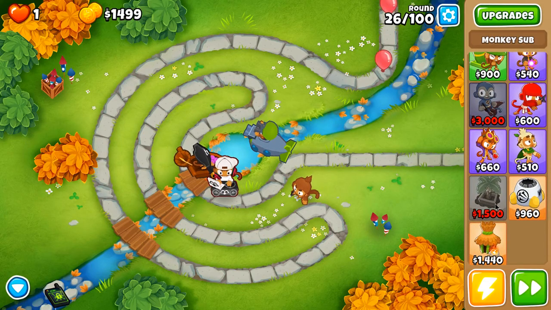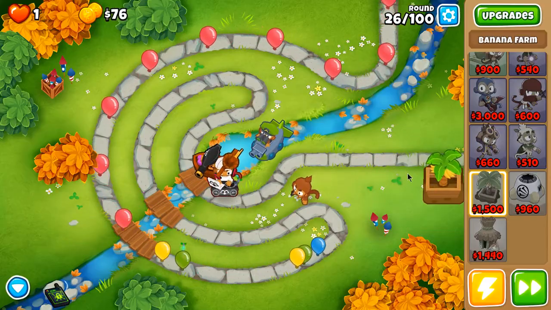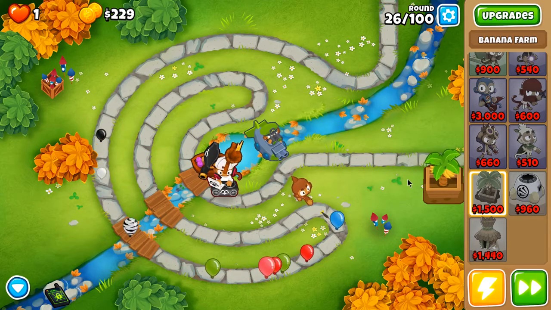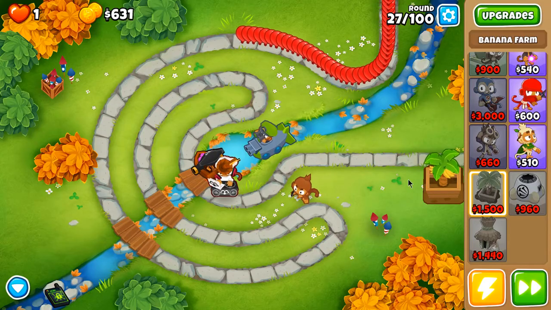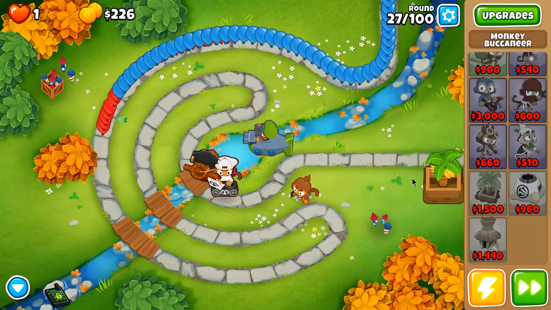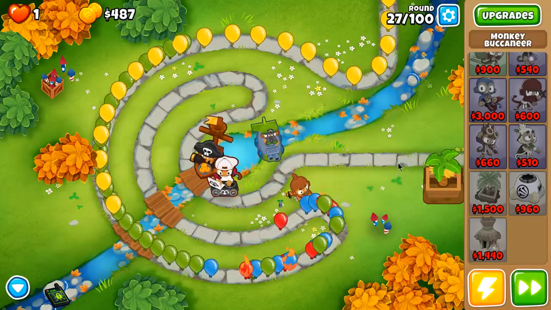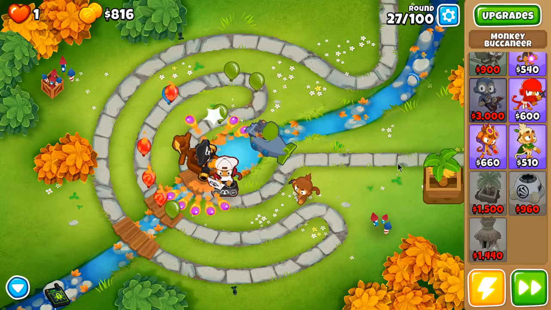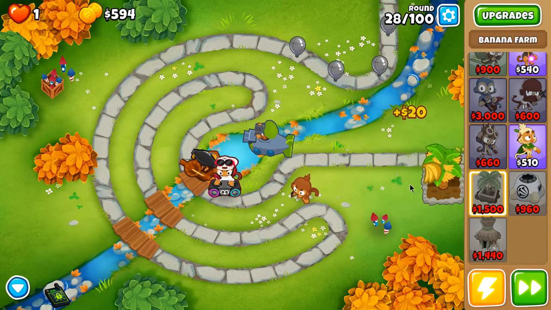Okay, so here, oh, not enough cash, barely not enough cash. So I'm gonna place the first farm here. Okay. And now, of course, next round is lead Bloons, so I cannot really afford to upgrade the farm. So I'm gonna need to upgrade the Buccaneer, in this case 022. Now with Hot Shot, I can pop lead Bloons with the grapes. And that's all I need, and now I can just start upgrading this farm,